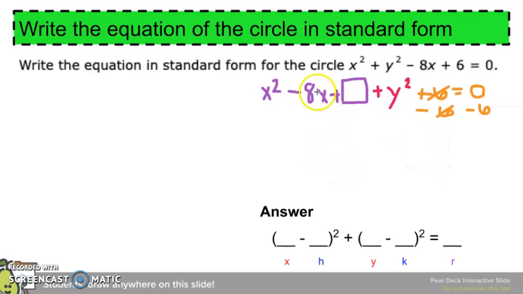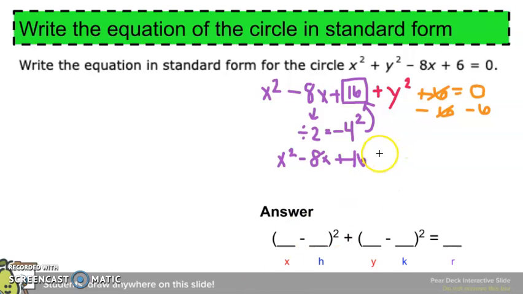But the other thing that I'm going to do is I'm going to find the perfect square of this part of my equation. So in order to find the perfect square, the first thing we're going to do is divide negative 8 by 2. Negative 8 divided by 2 is negative 4. And then we're going to square it. Negative 4 squared equals 16. So we're going to fill 16 into that box. Okay? So let's go ahead and rewrite what we have so far. We have x squared minus 8x plus 16